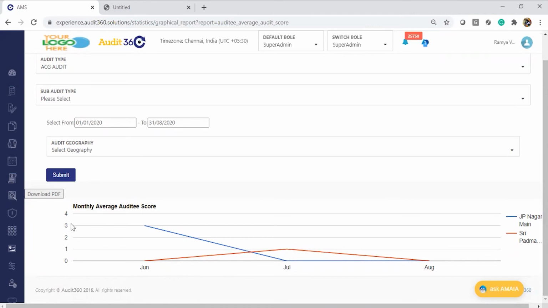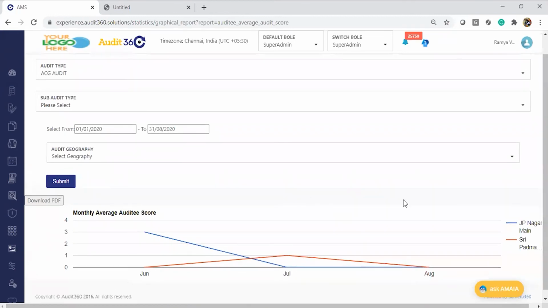Please don't go with the score mentioned here, because the audit type I have chosen is a very small one and has an audit total score at a lower number. But whatever the score you have here, you can see the graph being shown. So between the two audits, the performance of both can be reviewed here. And this is also a graph which can be downloaded into PDF. Only the graph will be downloaded in this report.